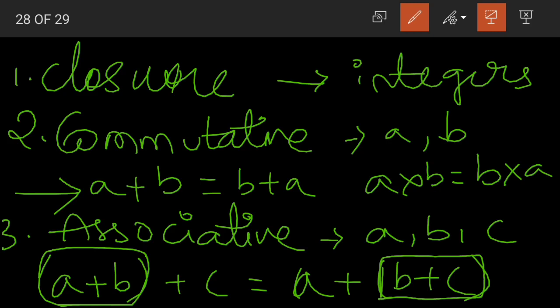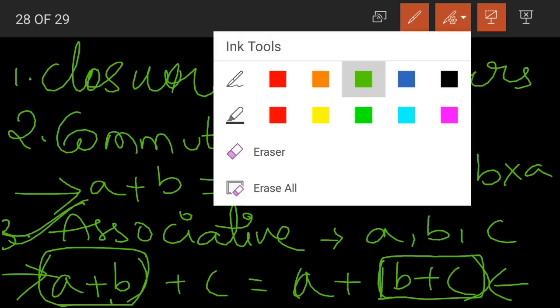Like if you are doing too much mischief in the class, what does ma'am do? Ma'am changes your place and makes you sit with another group. What will happen? Even though you are made to sit with another group, you will do the same mischief, right? There is no difference in the mischief done. In the same way, even when they change the groups of integers, the answer should be the same. In such cases, we say that it follows associative property.